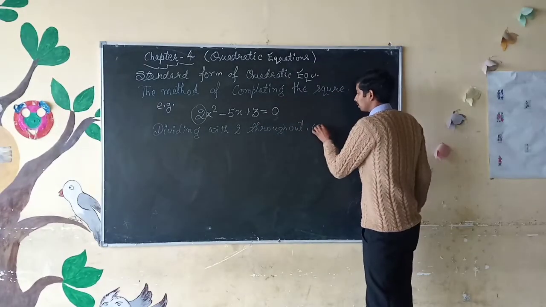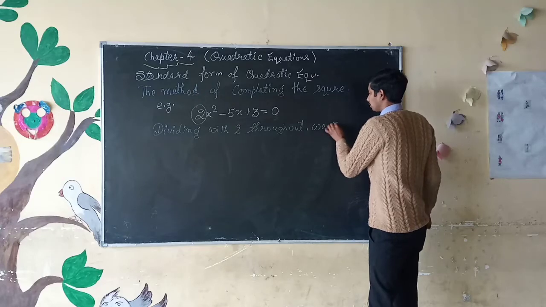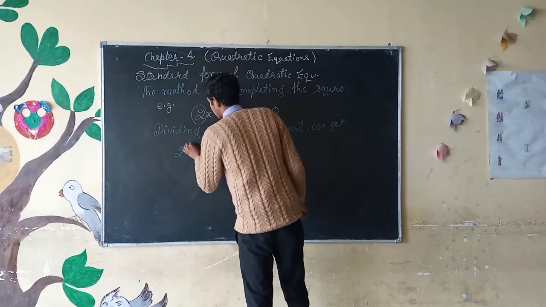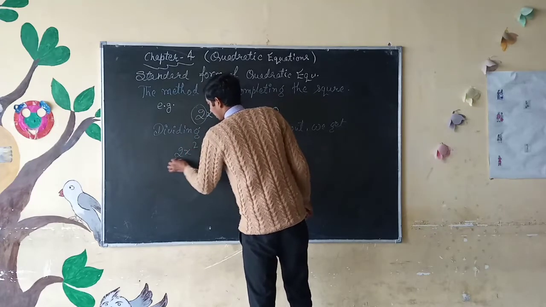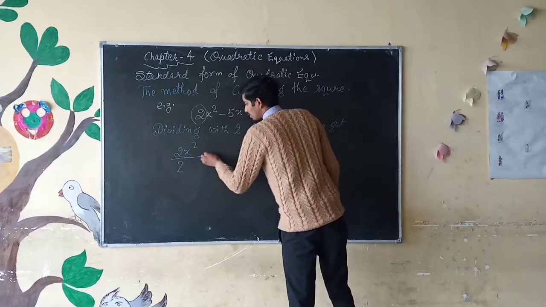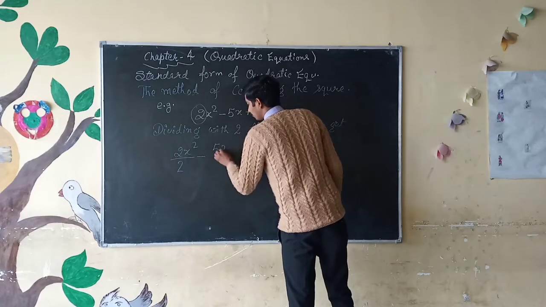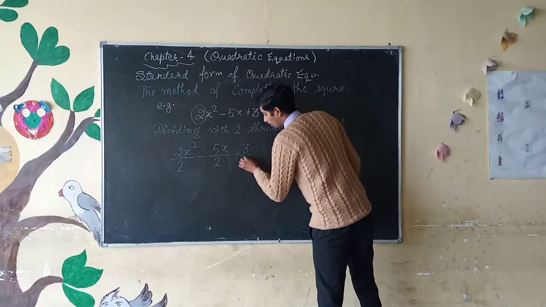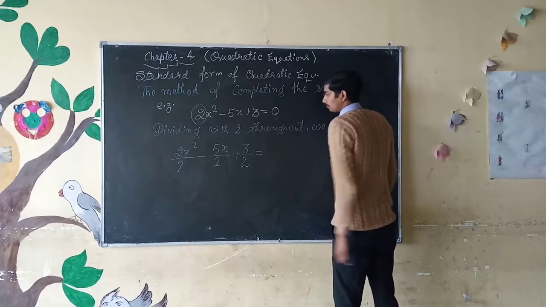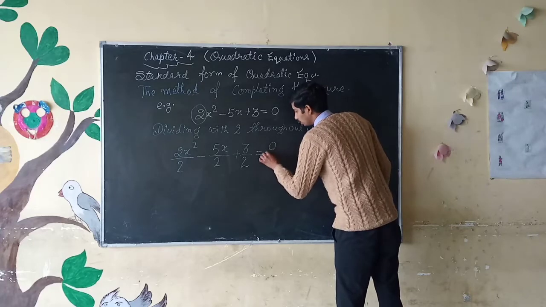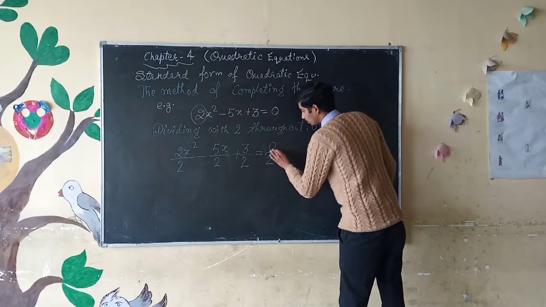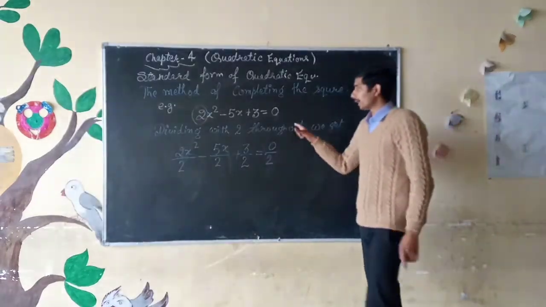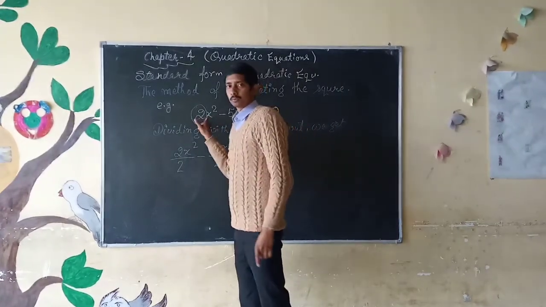So we get 2x square upon 2, next, minus 5x upon 2, plus 3 upon 2 equals 0 upon 2. Throughout means left hand side and right hand side both we have to divide by 2,